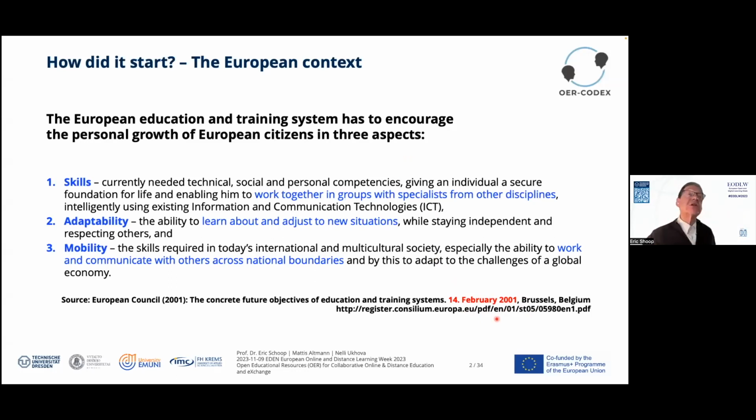The European Commission announced that the European education and training system has to encourage the personal growth of European citizens in three aspects: skills, adaptability, and mobility. Working together in groups with other disciplines, adjusting to new situations, and being able to work and communicate with others across national boundaries. So this is more than 20 years old information.